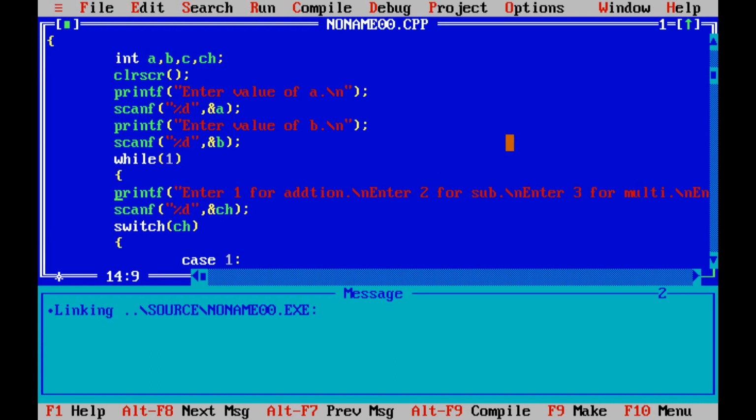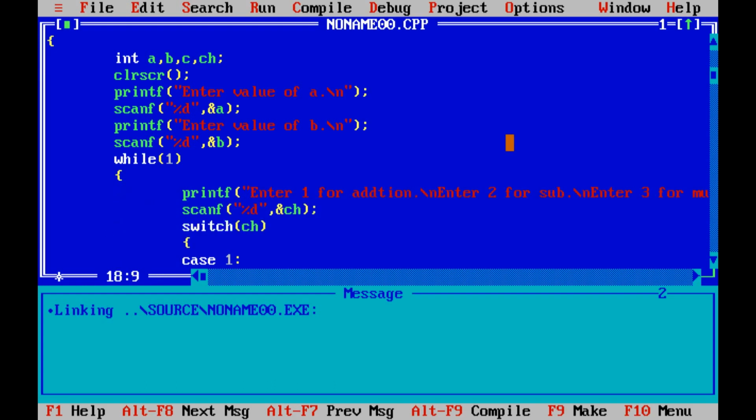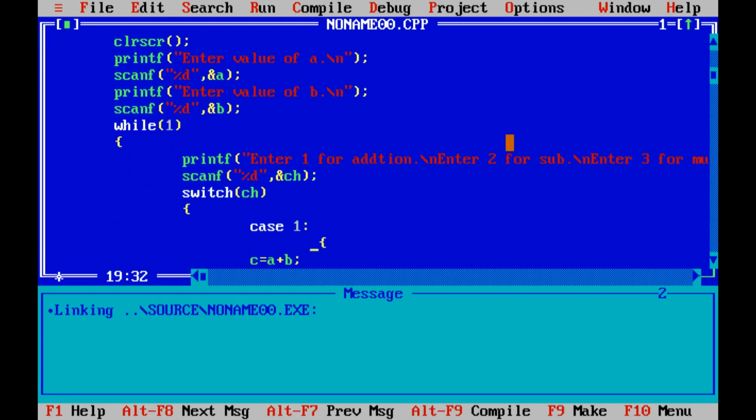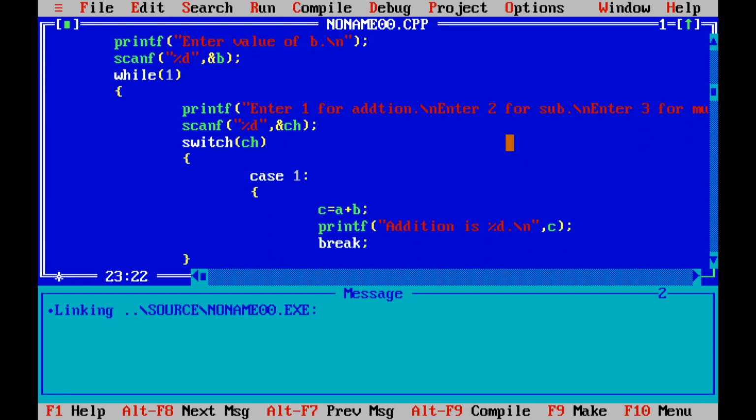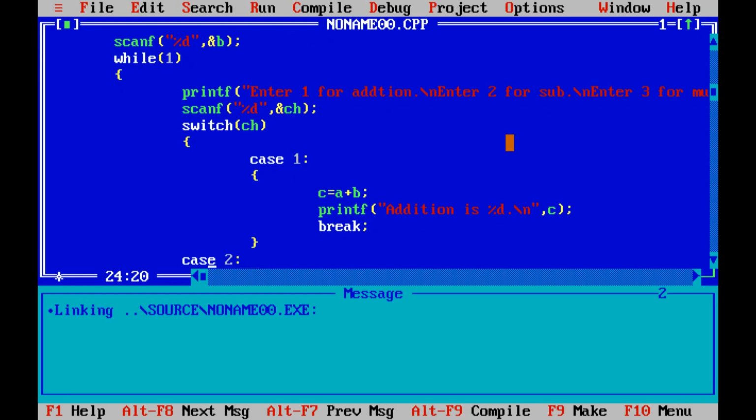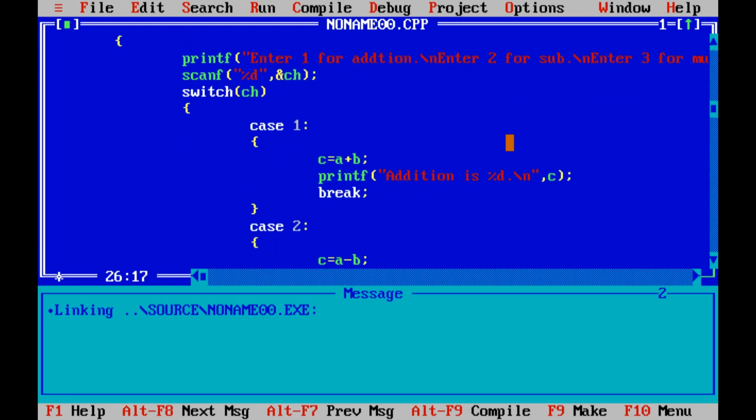So we'll start the while loop over here. While 1, why do we write while 1 for an infinite while loop? Because 1 will be 1 always,